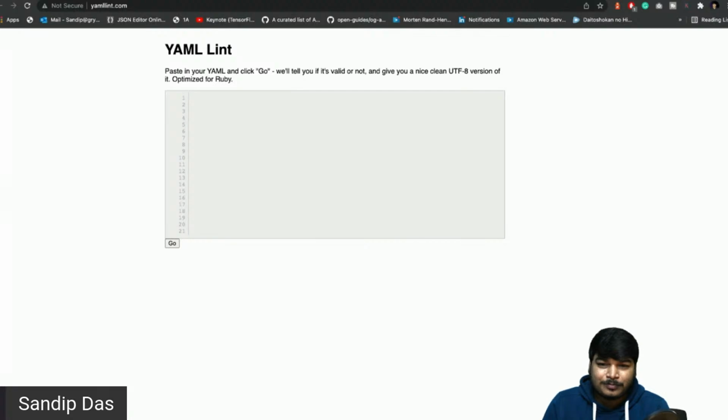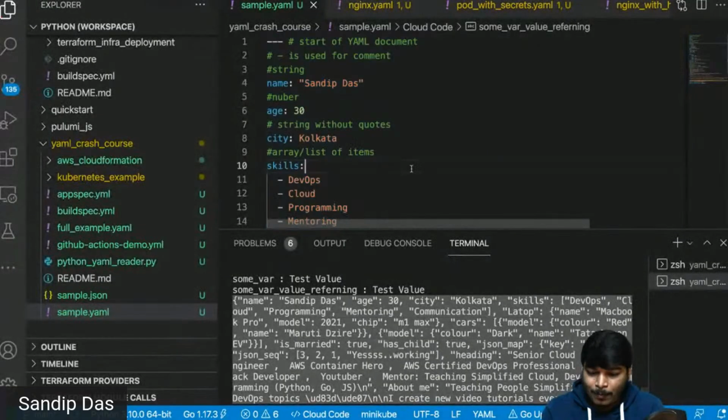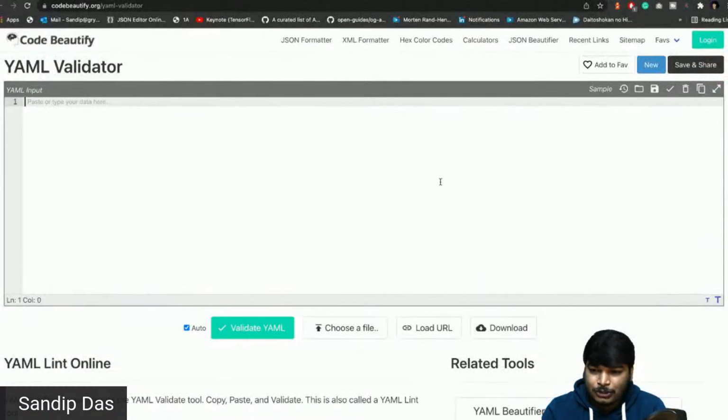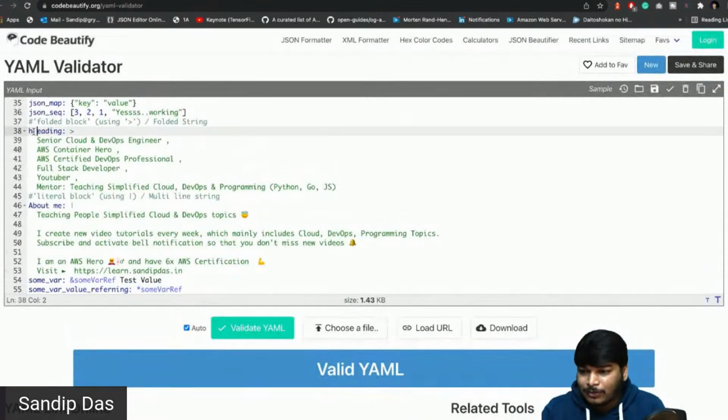I copy this one and paste it here. If it's valid, it will say valid YAML, and if I'm doing something wrong,